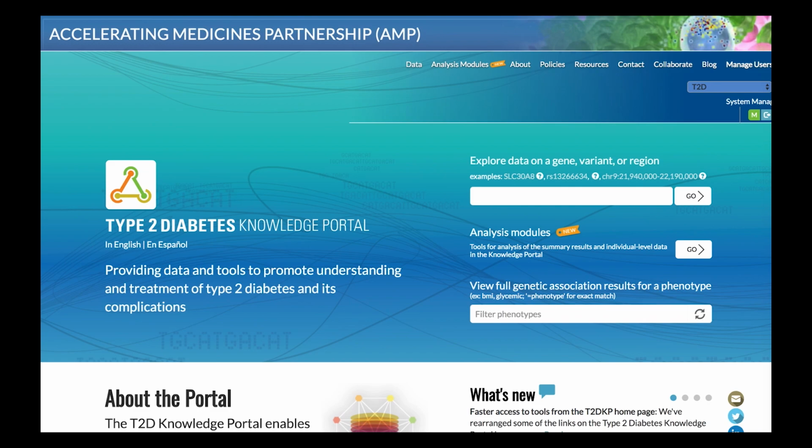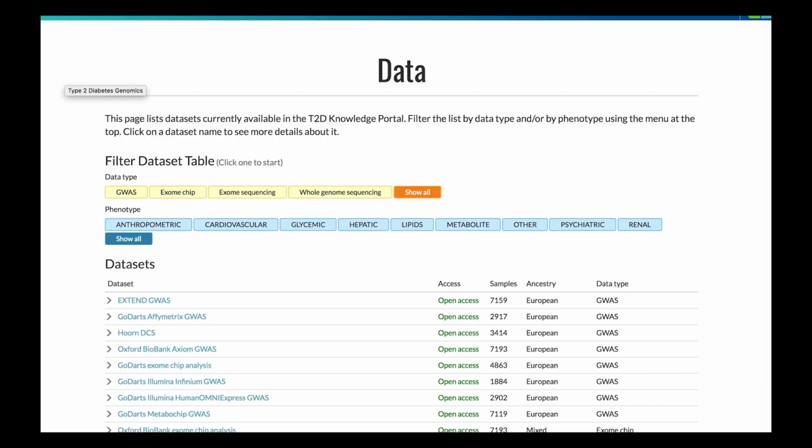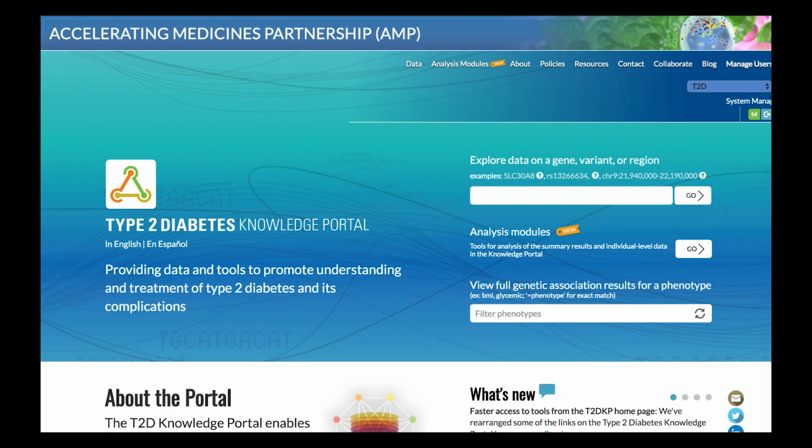The knowledge portals aggregate both summary statistics and individual-level data from genome-wide association, exome chip, exome sequencing, and whole genome sequencing studies. You can find all the details on the data page. The knowledge portals have 3 major entry points to these results. If you have a gene, genomic region, or variant of interest, you can find more information using the Explore Data